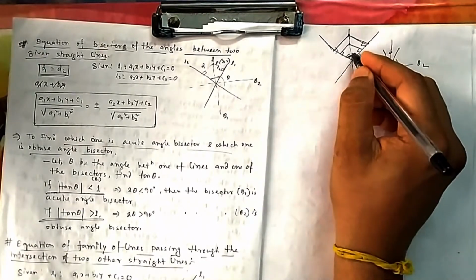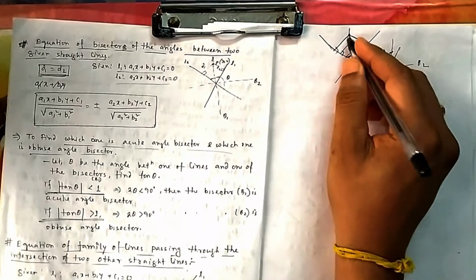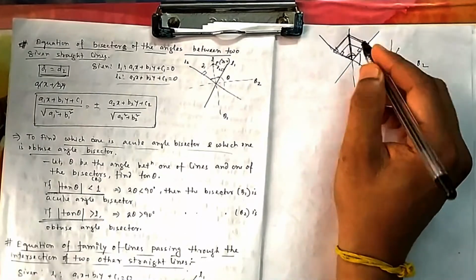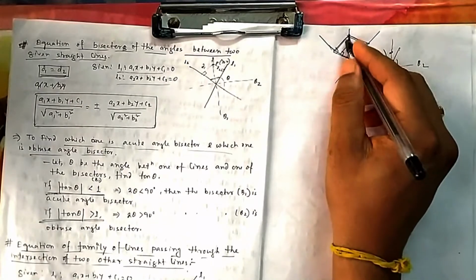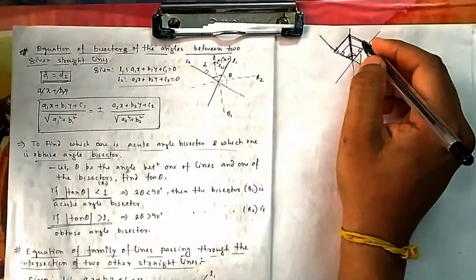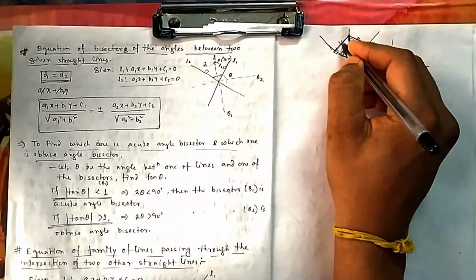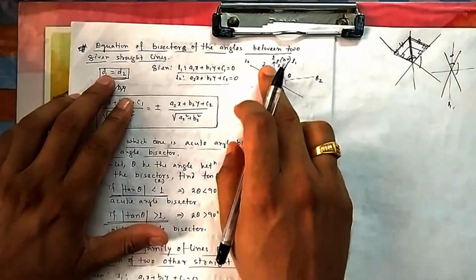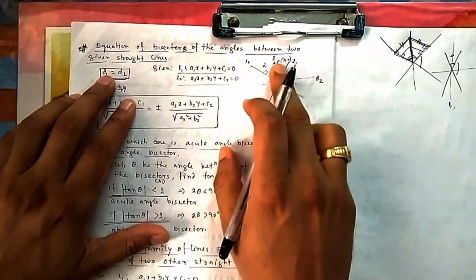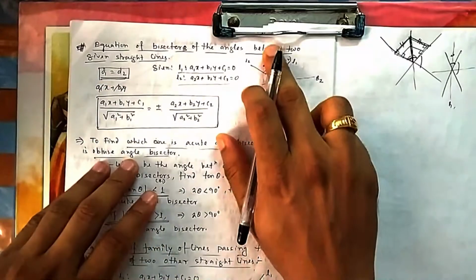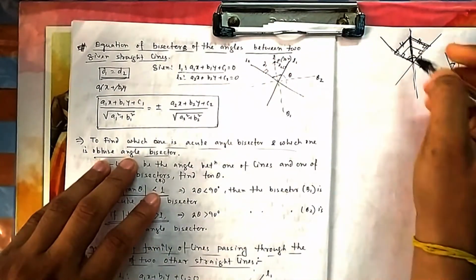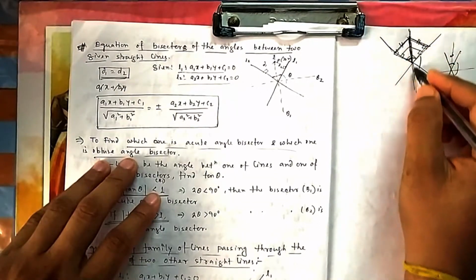You can see these angles are the same, and this line is common. You can take any triangle, this triangle and this triangle: these angles are the same, this is common, this is perpendicular, so they are congruent triangles. That's why this length and this length will be equal, every time. So that idea has been implemented here. So this D1, from this point the distance to this line and to this line should be the same. So let us take any point, because we want to find the locus of this point. This is the locus of the points which are at equal distance from these two lines.